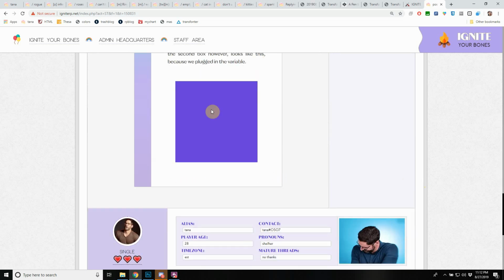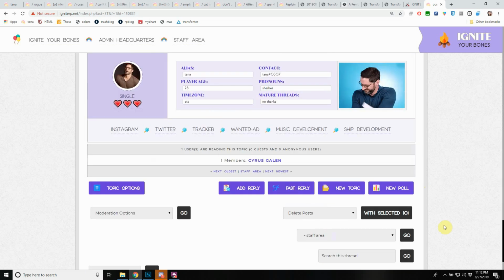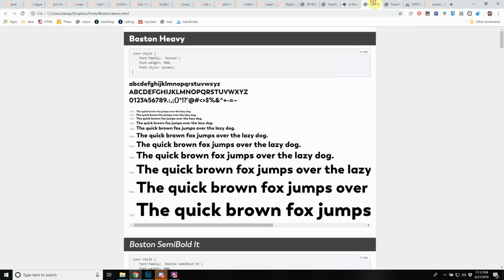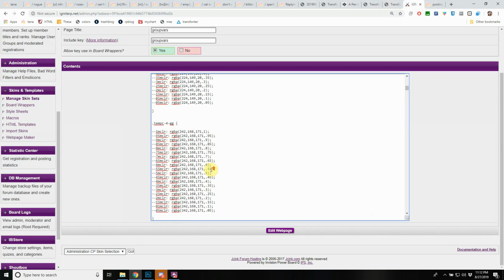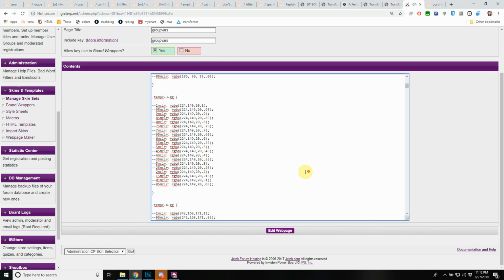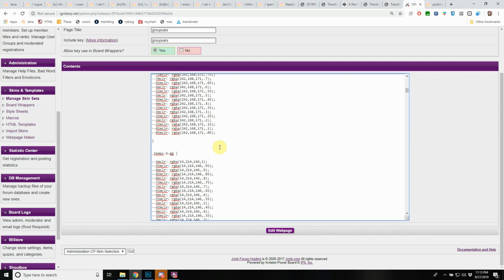Now, if I post this box with another character, it's going to match that color. Now, how does that happen? Well, our web pages already have all these colors inputted. So let's say I wanted to change the opacity, right? So instead of,